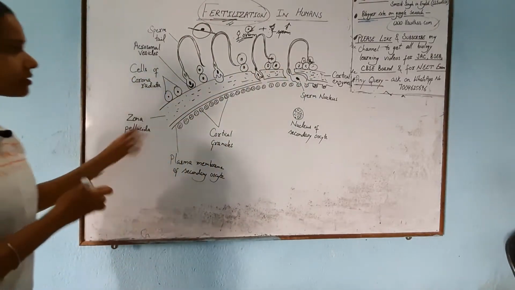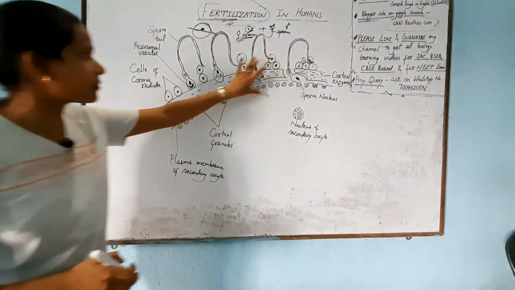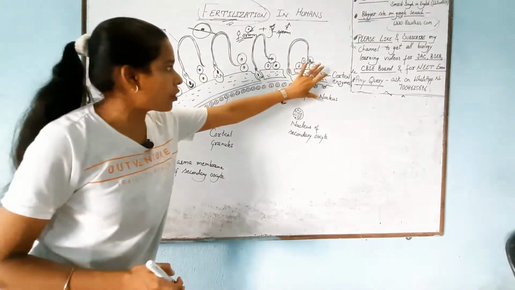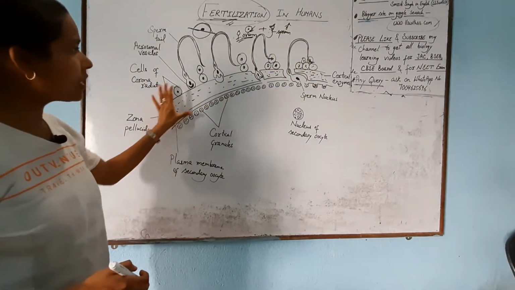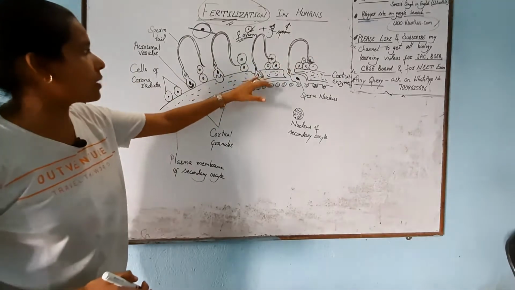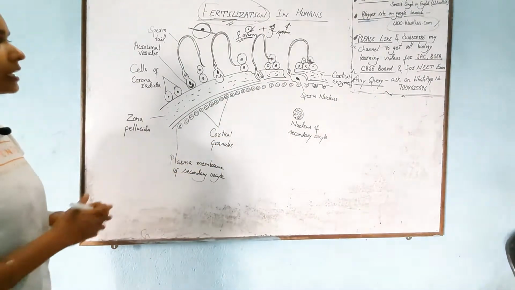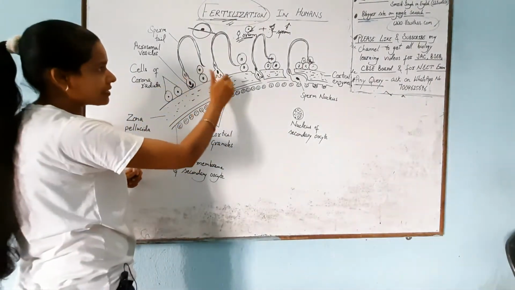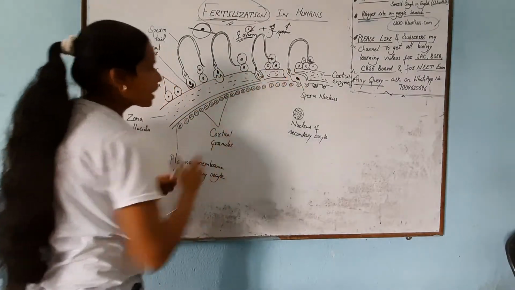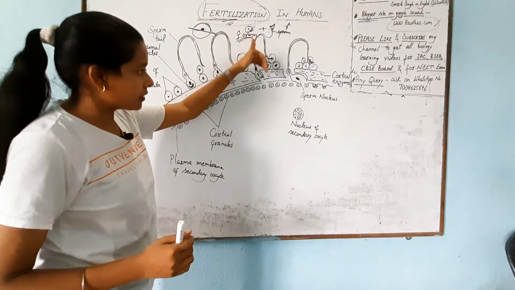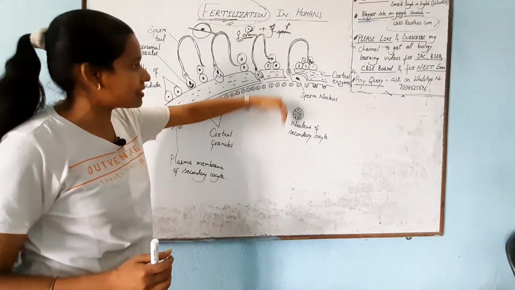So this is the diagram where this is the nucleus of the ovum, and this is the surface or plasma membrane and the zona pellucida, all these layers of the ovum. How are the ovum layers penetrated by the sperm? This diagram will teach you. Let's see how the sperm penetrates the wall and the plasma membrane of the ovum, and how the sperm releases its nucleus inside the ovum.